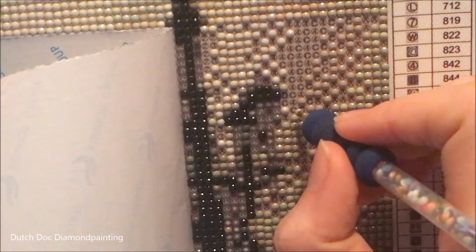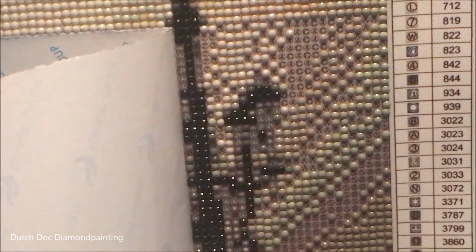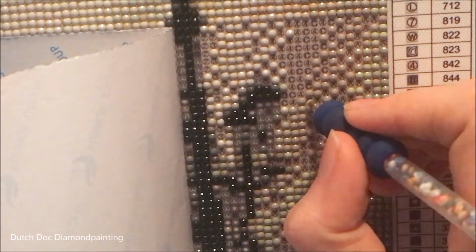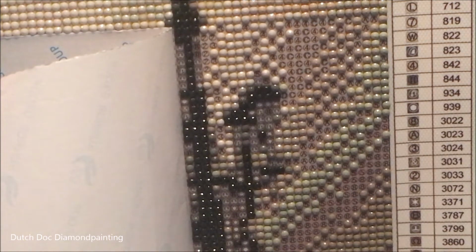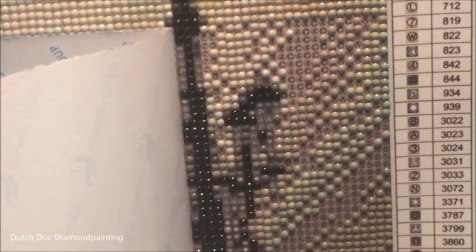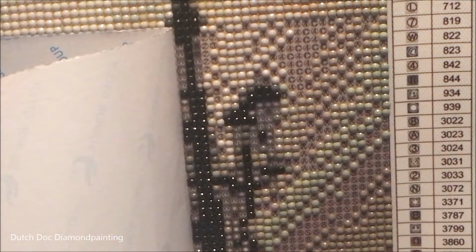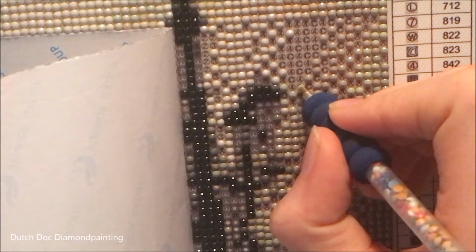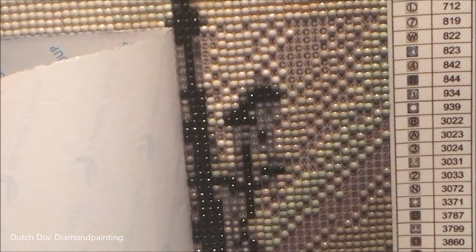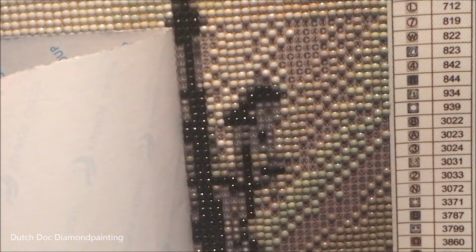On Saturday I got ill. So I actually watched all the Hobbit movies and all the Lord of the Rings movies. So didn't do a lot of diamond painting. And on Sunday I still wasn't feeling well,